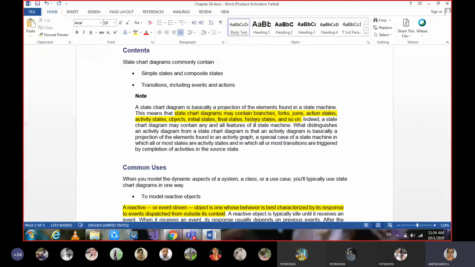In other terms, I can say a state chart diagram is one kind of activity diagram only, because in both, states are used and in both, flow control is used.